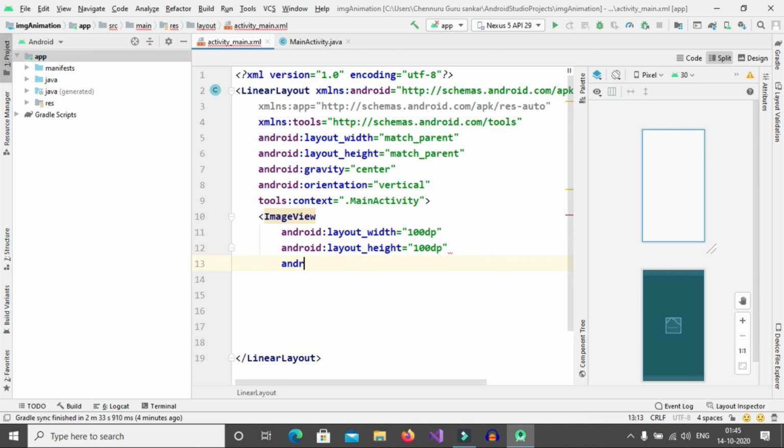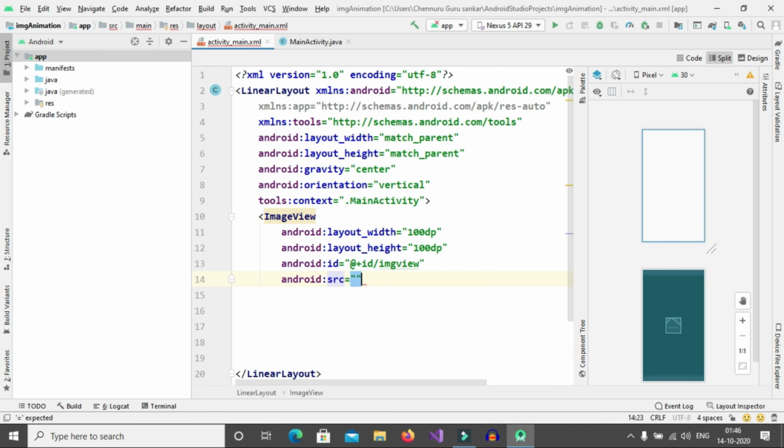Now give ID for that. android:id equals to @+id/imageView. Now source for that.